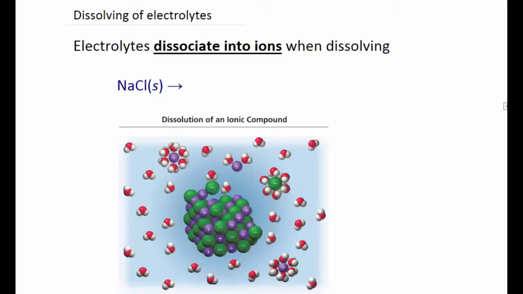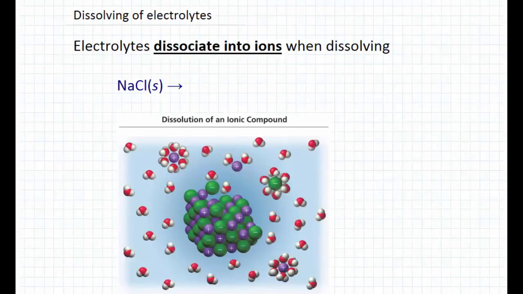Yeah, they cause electricity to be conducted through water. The reason for that is that electrolytes dissociate into ions when dissolving. Dissociate means break apart. So with something like NaCl, which is an ionic compound, when we dissolve it, I'm just going to put water above the arrow, because it's not really a reaction with water,